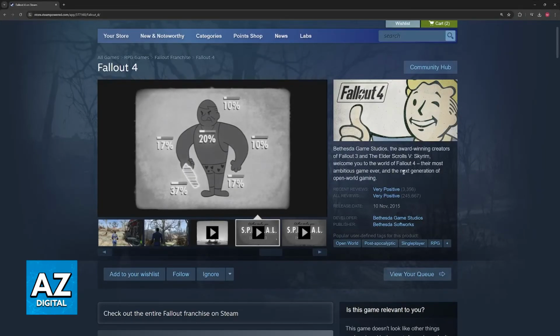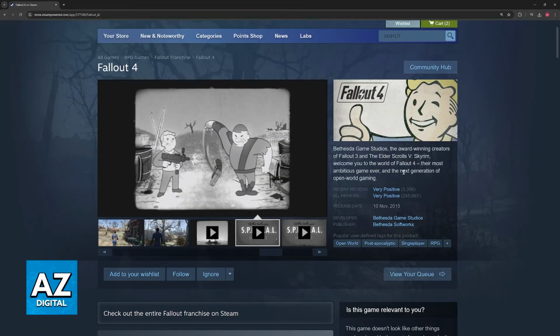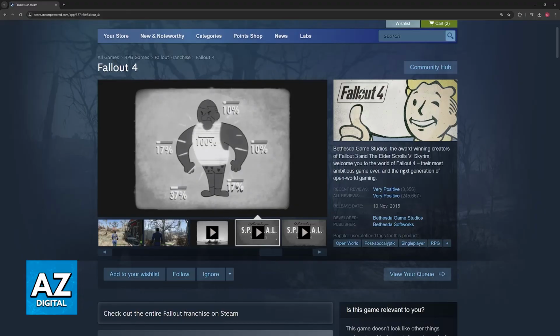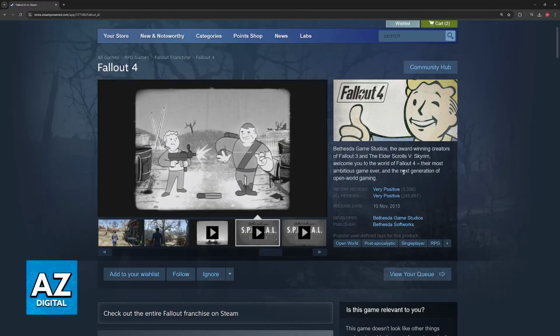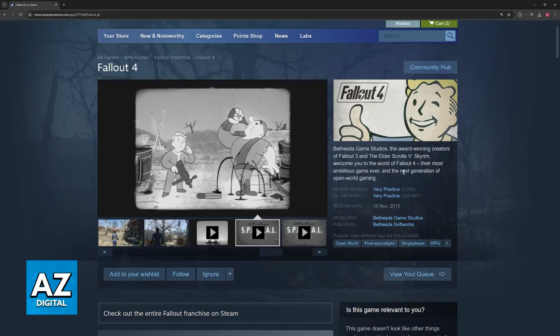So try limiting your frame rate, and you can even attempt to limit the refresh rate of your monitor. Make sure that the FPS inside of the game is limited and it matches your monitor's native refresh rate, and you will be good to go.